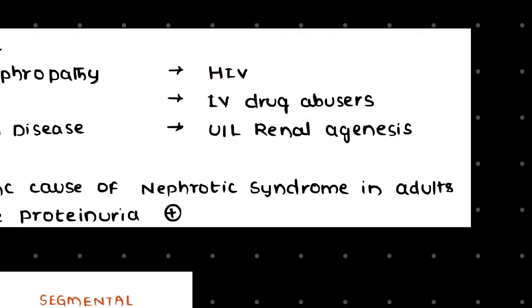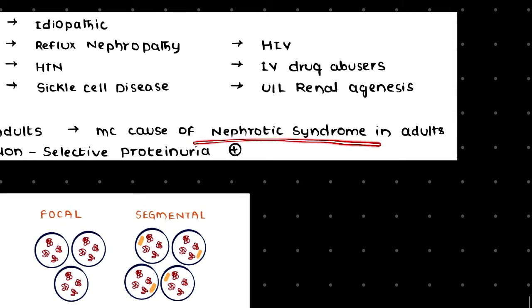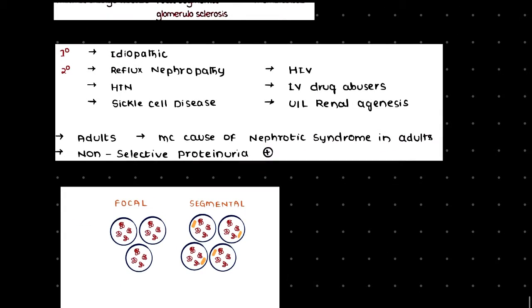As already mentioned, it is the most common cause of nephrotic syndrome in adults. And what will happen here? There will be non-selective proteinuria. Now what is this non-selective proteinuria? Non-selective proteinuria means there will be loss of protein irrespective of its mass or its charge. Selective proteinuria means there will be loss of only albumin, especially albumin, because